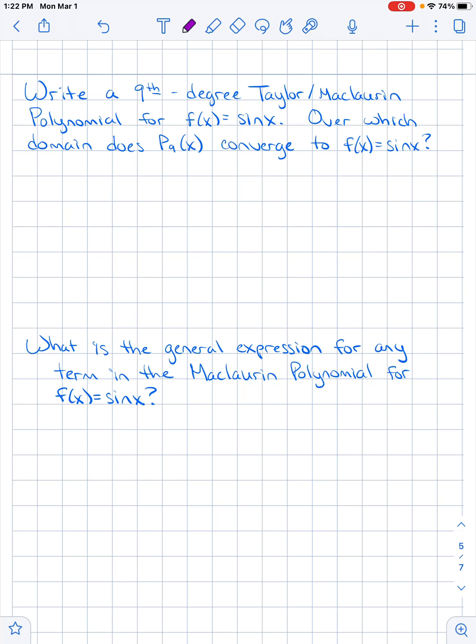Okay, I hope you just did the ninth degree. Let's just do the ninth degree together. So we know that sine x, and the way we write this is pretty specific, because we're saying that sine x is approximately, not exactly, this ninth degree polynomial, but the ninth degree polynomial is a good approximation. And this ninth degree polynomial is equal to, and we'll just start writing out the terms, x minus x cubed over 6